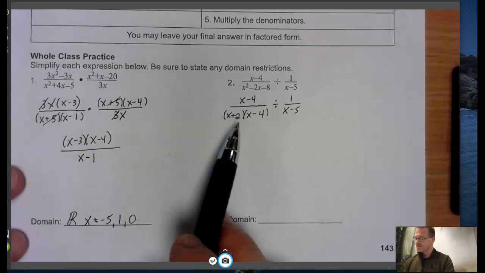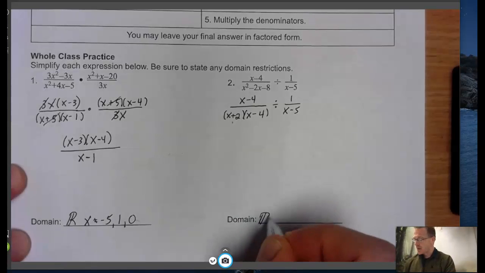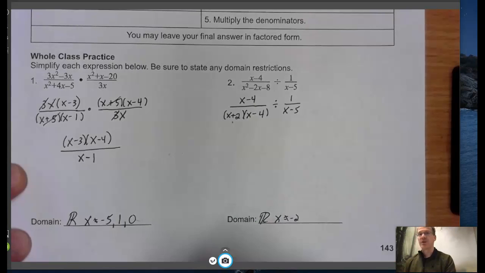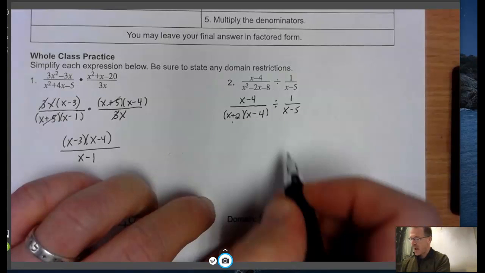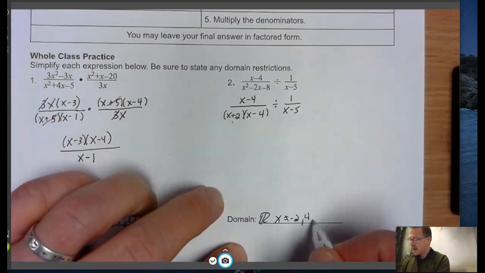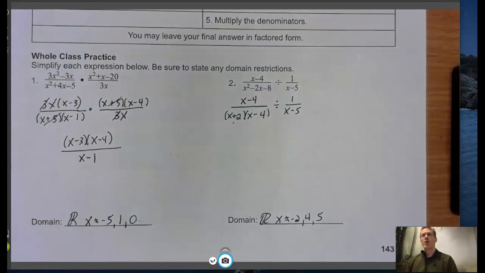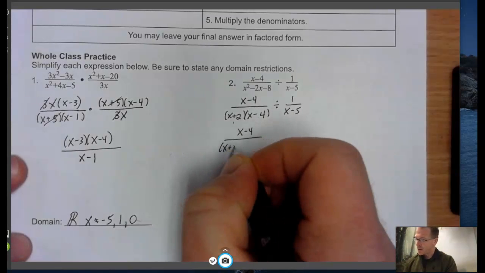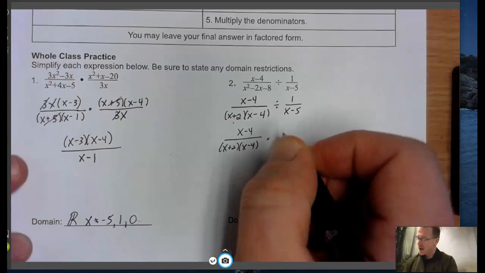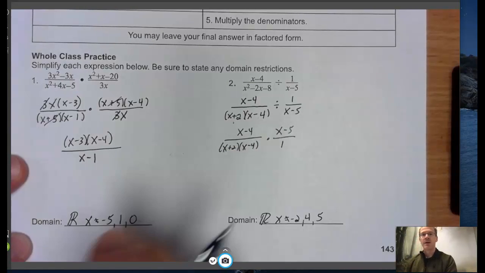So notice my first factor here, x can't be negative 2. For my second factor, x can't be 4. And for my third factor, x can't be 5. So once again, I have to throw those values out. Now, we want to multiply by the reciprocal. So x minus 4 over x plus 2 times x minus 4 times x minus 5 over 1. Now notice,